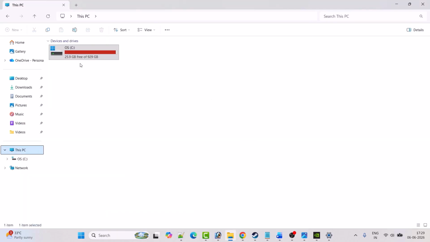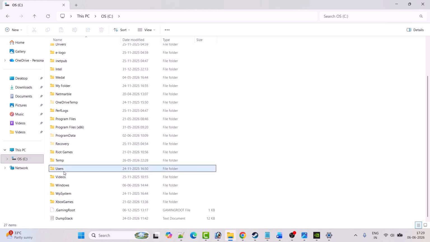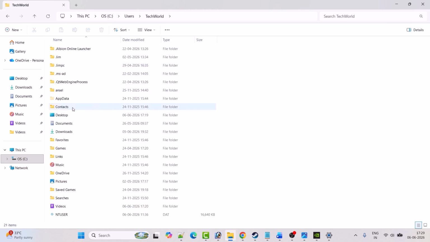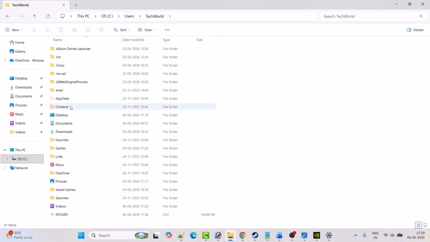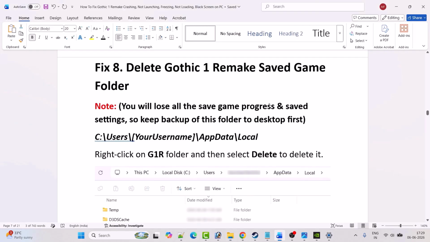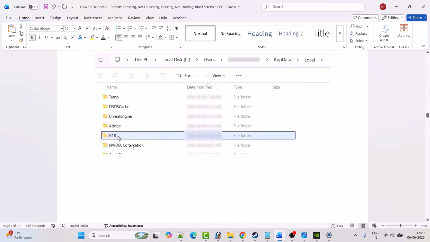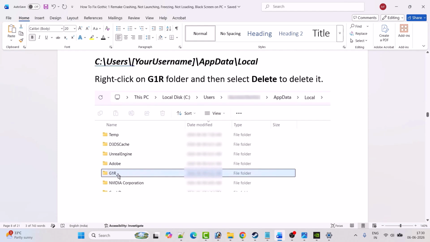So open File Explorer, open C drive, open users folder, open your username folder, open app data folder. Now if you don't see app data folder over here, click on view, show, and check mark hidden items. Then open app data folder, then open the local folder, and inside the local folder you will see the G1R folder. First right click on it and then copy it, and then go to desktop and paste it to keep the backup of this folder. Then right click on it and then select delete to delete it, and then you can go ahead, launch the